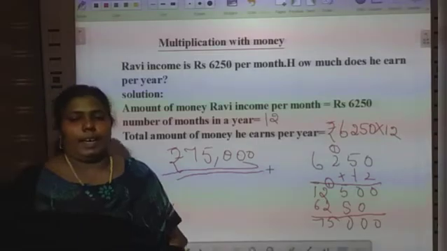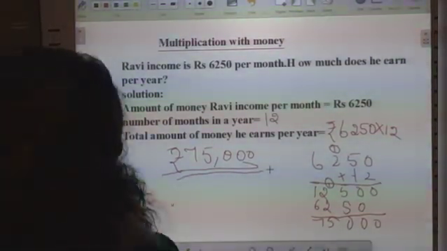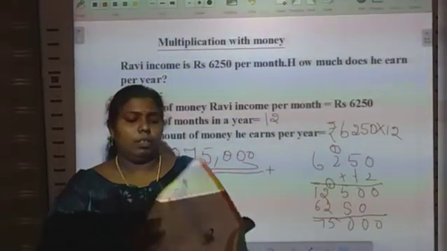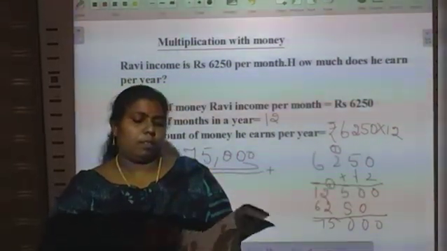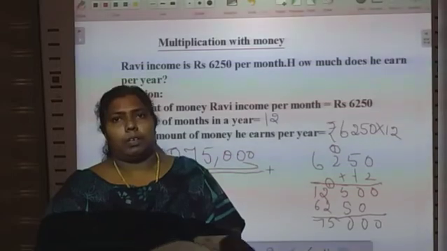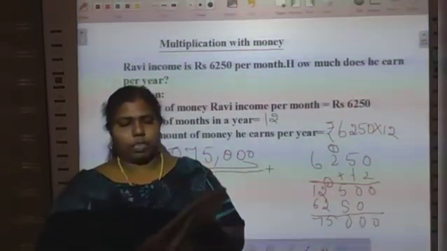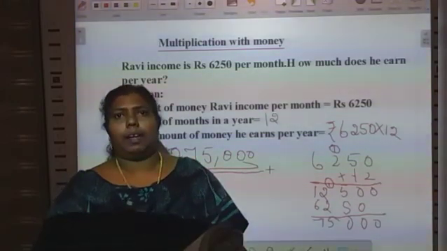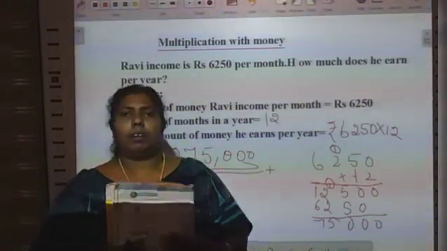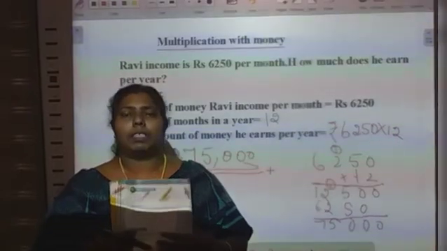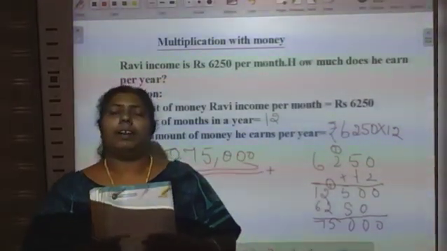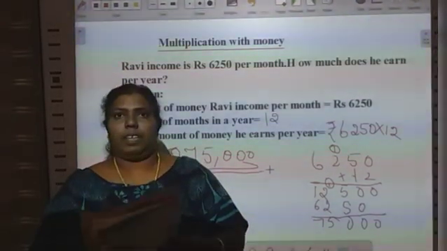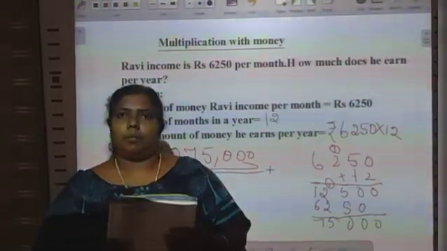You understand? Yes. I hope you understand this chapter 3, multiplication. Now what you are going to do, that your homework is page number 67. Let's practice question. Okay. Then that workbook question also. Workbook chapter 3 worksheets also. Please try to complete. Okay children. Next class I am going to conduct the exam. So before that, if you have any doubt, just contact me. Okay children.